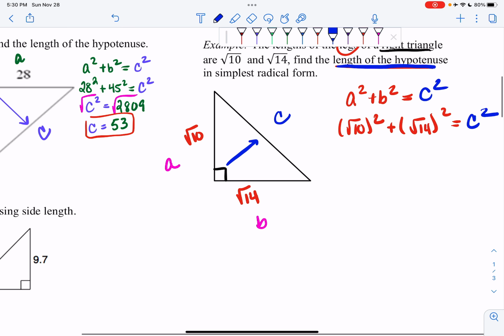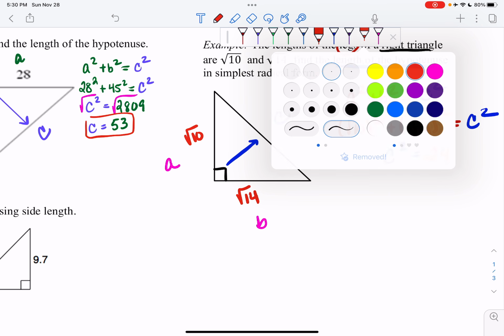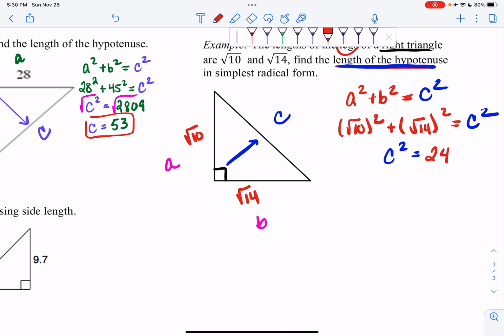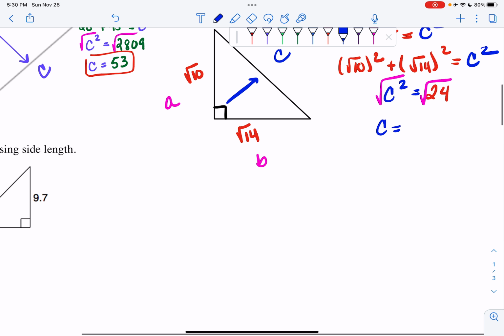So I can say c squared is equal to 24. Now the only way to get rid of that square is to take the square root of both sides. So when I take the square root of c squared, I just get c, and now I need to break apart radical 24. So I'm going to go downstairs and write down 24, and we're going to break it apart